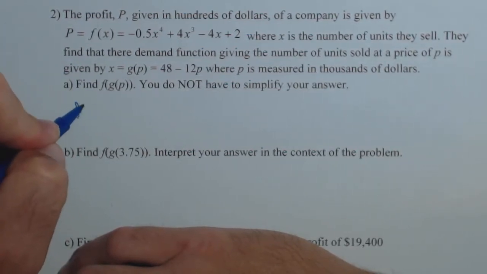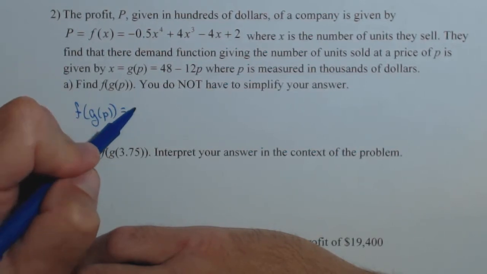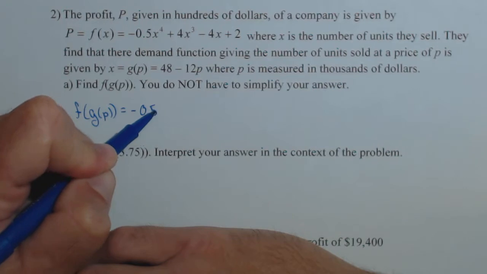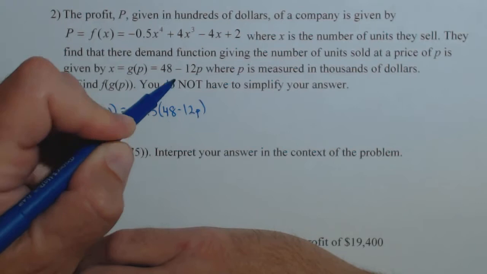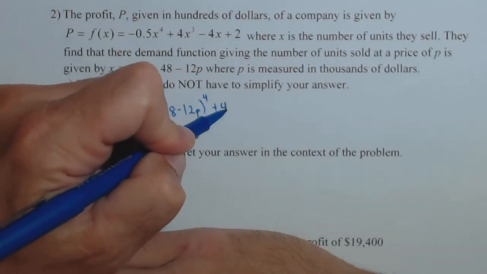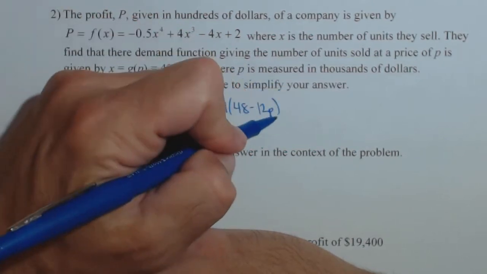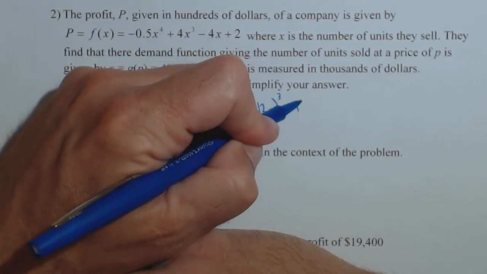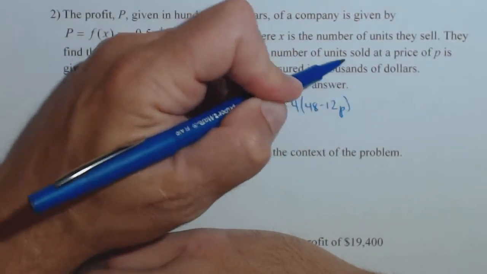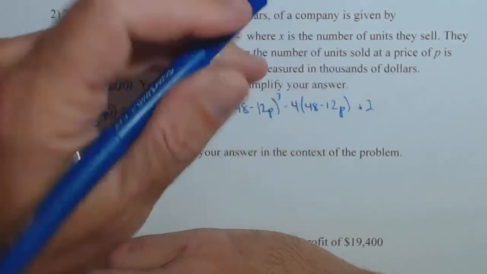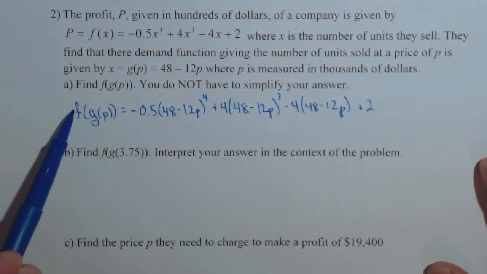So first thing we're going to do is find f of g of P, and we're not going to worry about simplifying our answer because it is going to be pretty long. So minus 0.5, and then we'll put in 48 minus 12P to the fourth, plus 4 times 48 minus 12P to the third, minus 4 times 48 minus 12P plus 2. And so now what we have is the amount of profit in thousands of dollars as a function